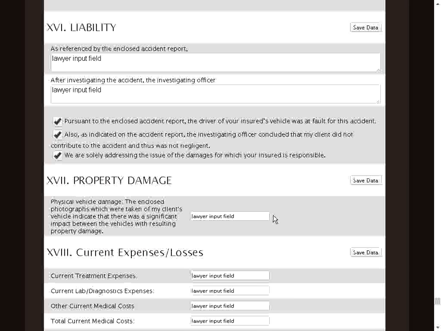Again, this is in a Word format, so you can add as much, delete, subtract, use whatever language you like, or look at our library of languages and maybe borrow some suggested language. But this is simply for liability, who was at fault. There are some sections here that you can check